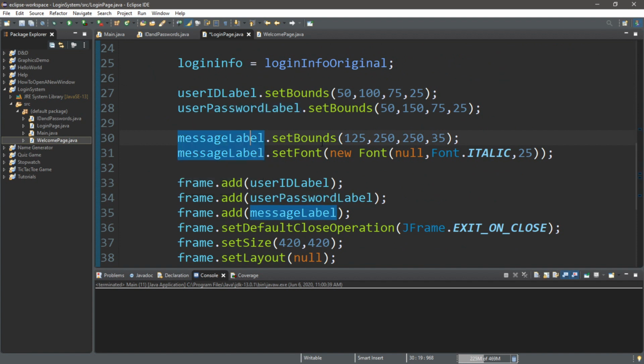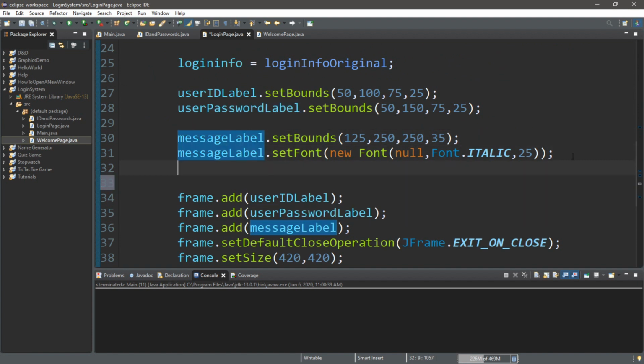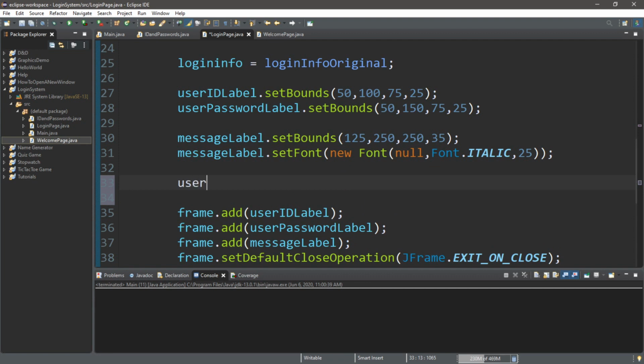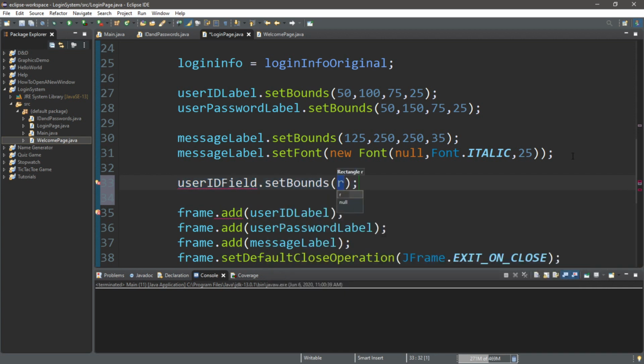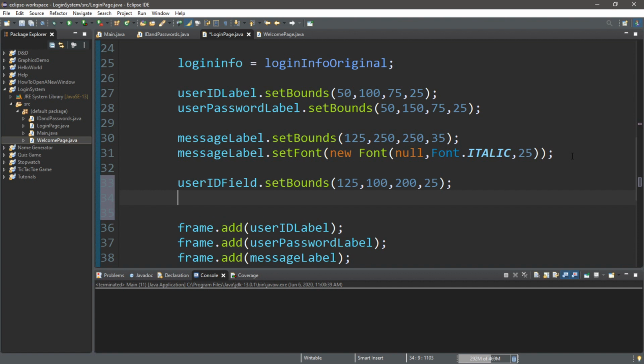Let's also create the user ID field and password field. So userIDField. So this is where somebody's going to type in their user ID. And we'll set the bounds where X is 125, Y is 100. This will be 200 pixels long for the width and 25 for the height. And let's do the same thing for our password, and I'm just going to copy this.